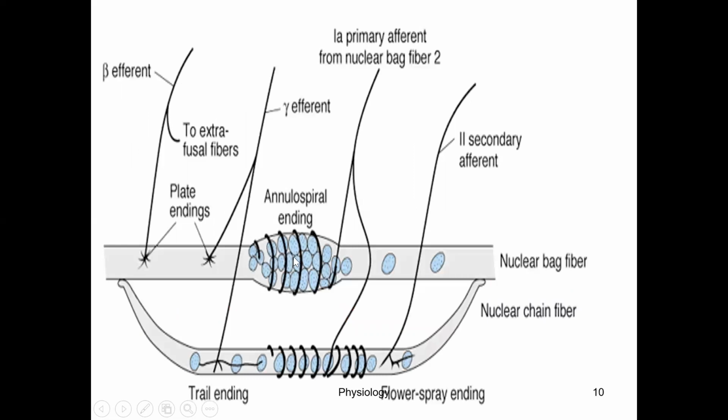There are two types of intrafusal fibers. One is called nuclear bag fiber. The first one is the nuclear bag. This is the nuclear chain. Now why is it called nuclear bag fiber? Because in the central portion of that nuclear bag fiber, the nuclei are arranged like a bunch. And that's why it is called nuclear bag fiber. While in the nuclear chain fiber, the nuclei are arranged in a sequence, one by one. And that's why it is like a chain. That's what is called nuclear chain fiber.